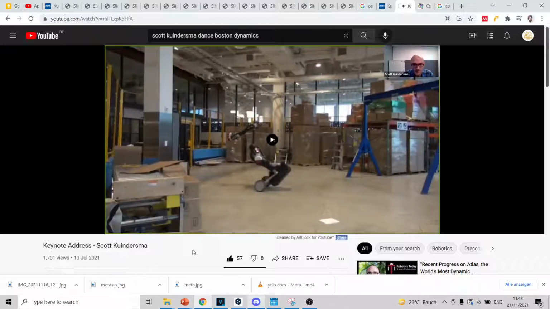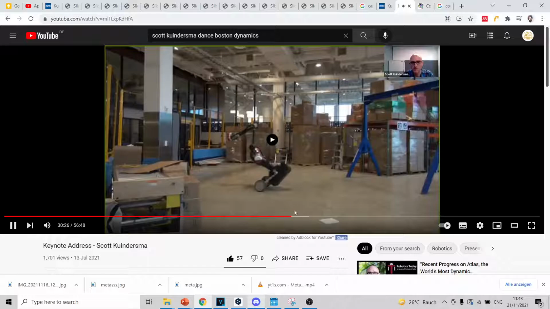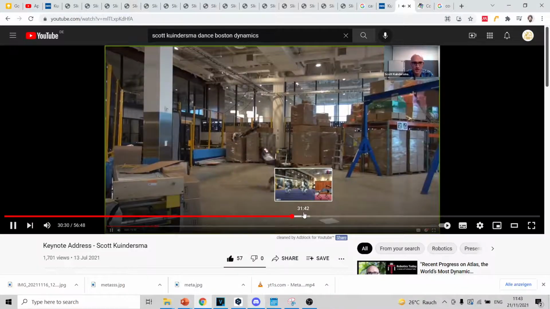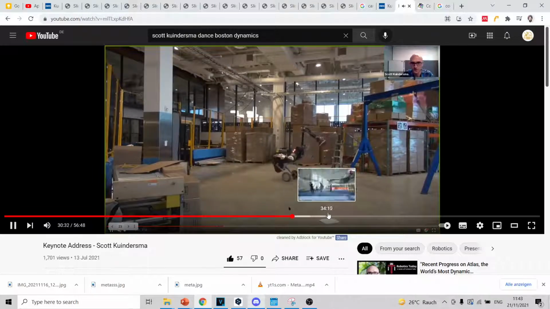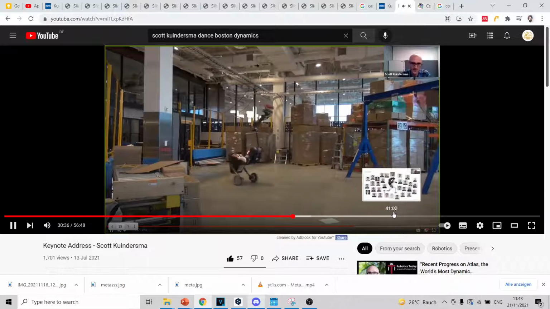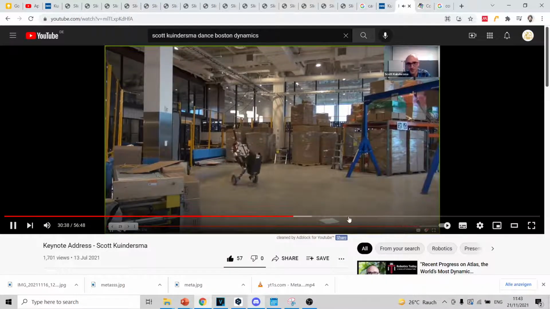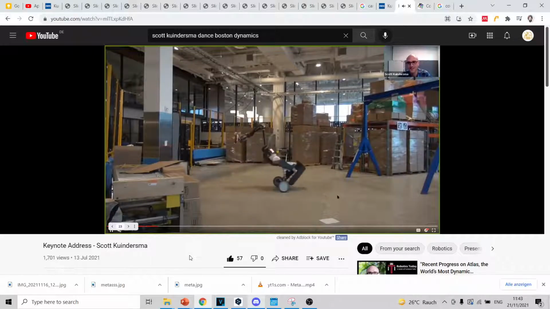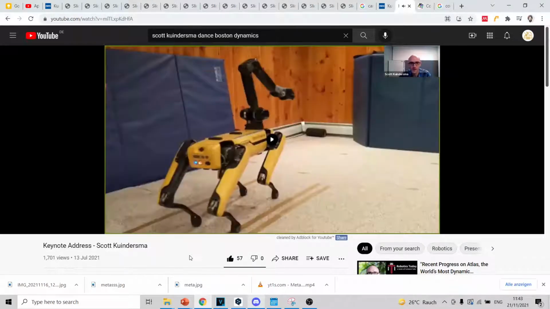Now, of course, Atlas wasn't the only star of the show. We had a couple of other robots involved here, and here's an example of Handle practicing some dance moves in our warehouse lab in our building. I just love the fact that our warehouse robot is doing some fancy dance moves in the context of a bunch of boxes and pallets. So it's really cool. This was control work that was led by Shervin Talebi from the logistics group. And then, of course,